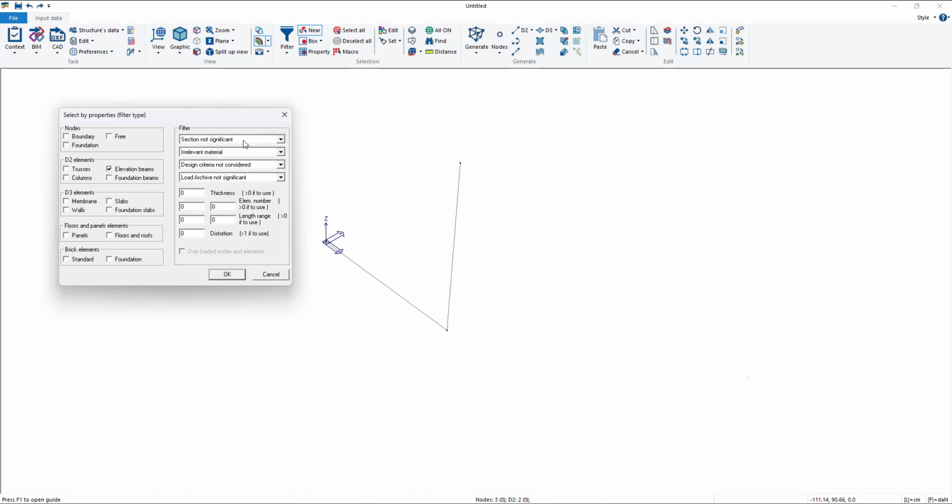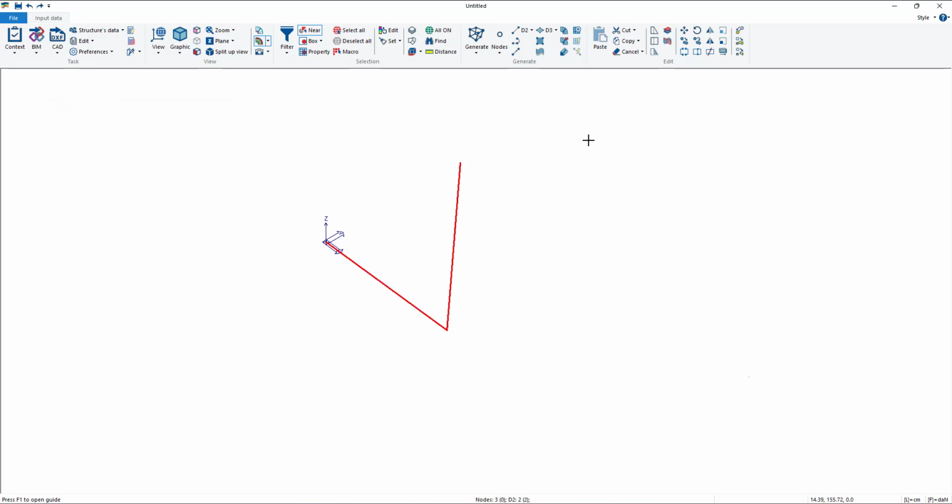Of course, then we can filter with material, section, number, thickness, so many other parameters that in this moment are not significant, and then press OK. And we see that the program is selecting only the two elements, not nodes. If I click cancel, these elements are cancelled. Now I'm gonna click also this node